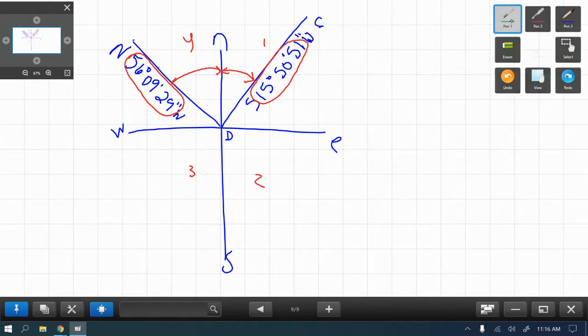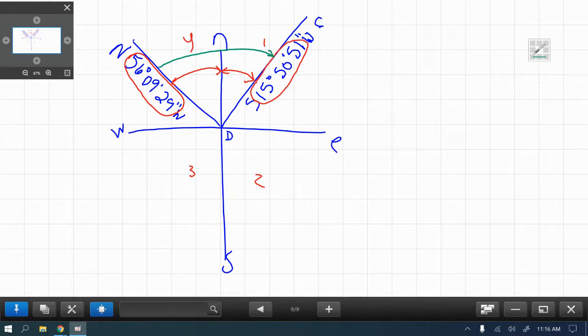So that means I'm looking for this. So that means you just add the two together. So remember, 1 and 4, all you have to do is add the two together. 2 and 3, all you have to do is add the two together. So that would have been 15 degrees, 50 minutes, 51 seconds, plus 56 degrees,